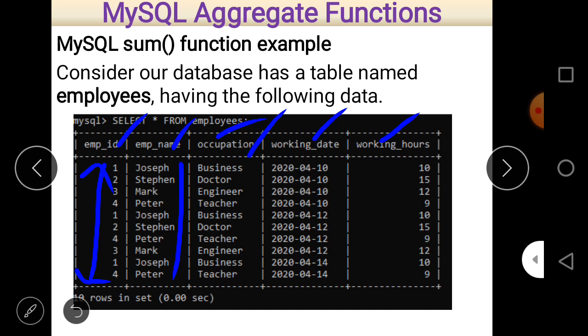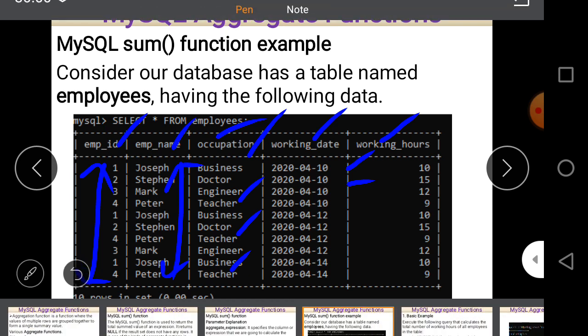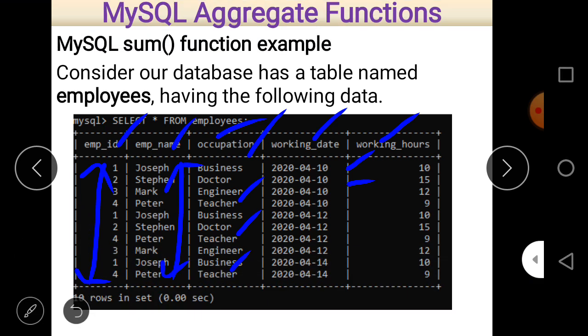Then the occupations are business, doctor, engineer, teacher, business, doctor, teacher, engineer, business, teacher. So there is a repetition of occupation also. And then the working date, in the default format: year first, then month, and then date. The working dates are in 2020, and there is a repetition of values in working date also.